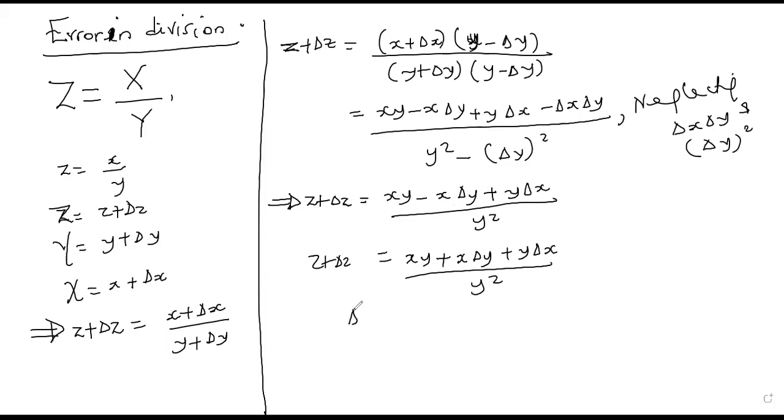But we need delta z, so delta z is going to be equal to xy plus x delta y plus y delta x over y squared